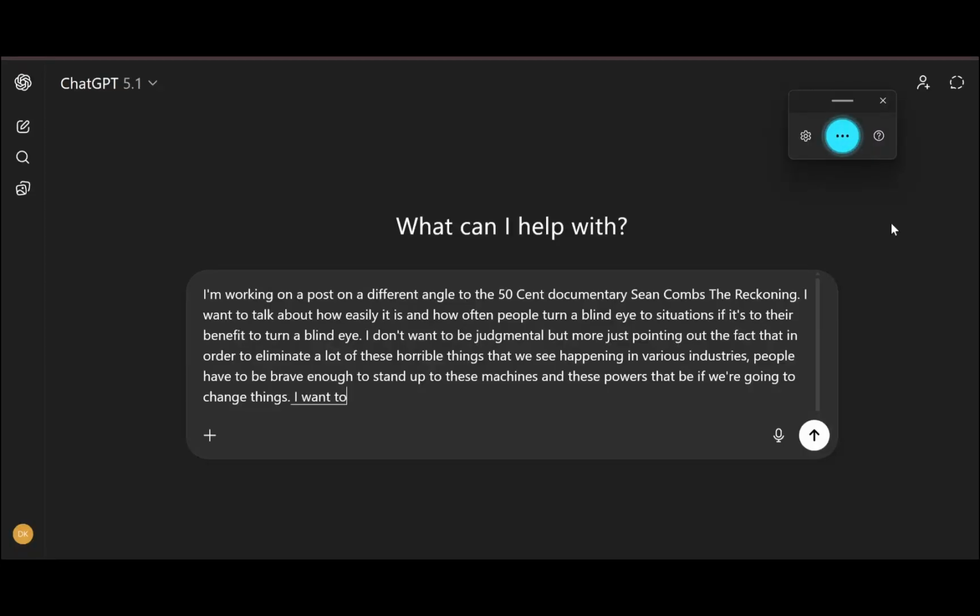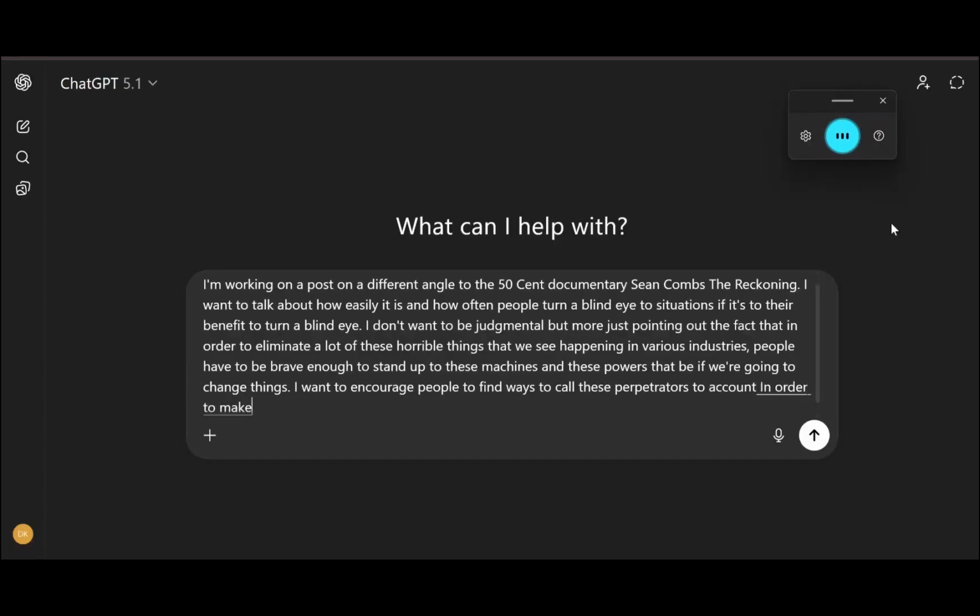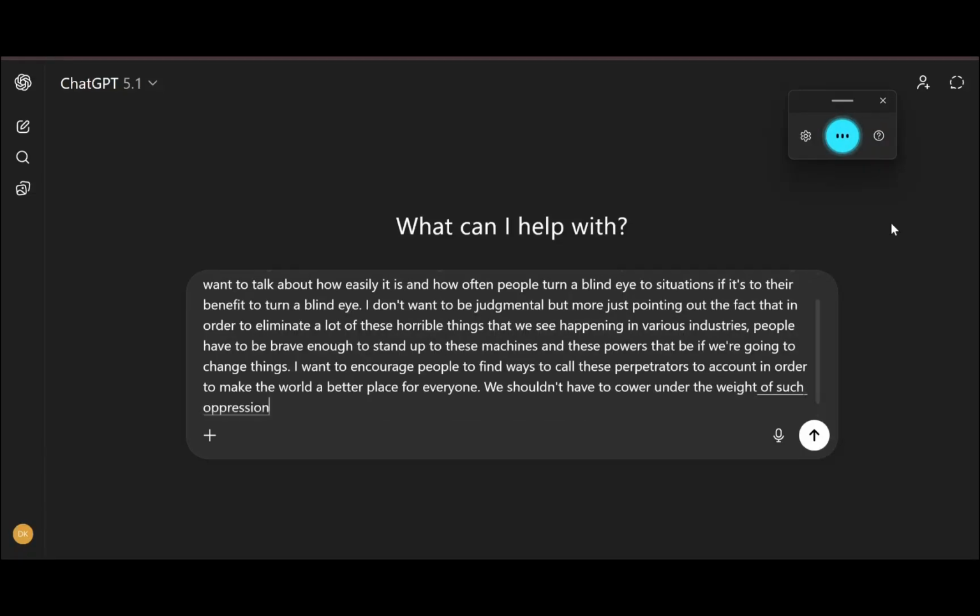I want to encourage people to find ways to call these perpetrators to account in order to make the world a better place for everyone. We shouldn't have to cower under the weight of such oppression.